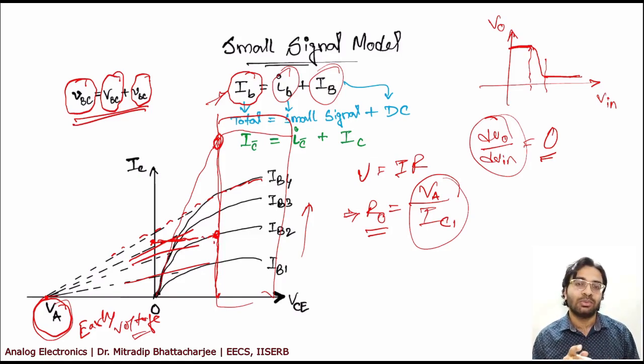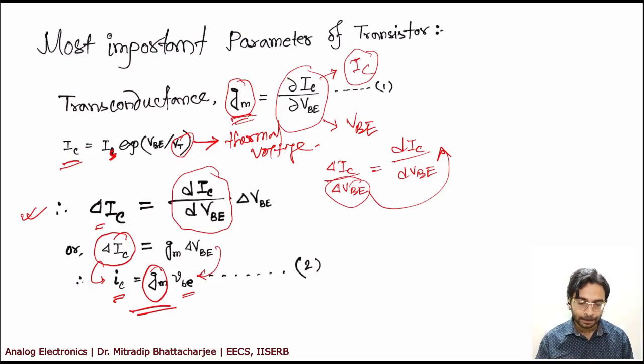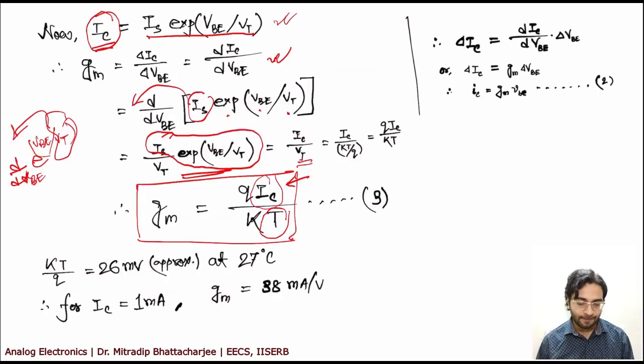I said yesterday that we may use the saturation, but in digital circuits, right? They may use the saturation. They may take advantage of that, but in analog we will not use, because ultimately you are reaching in a region where gain is 0, which is not desirable. If the gain is 0, what is the purpose of making an amplifier? So you will not be able to get anything. So this is the reason that the GM value will depend on your biasing current.